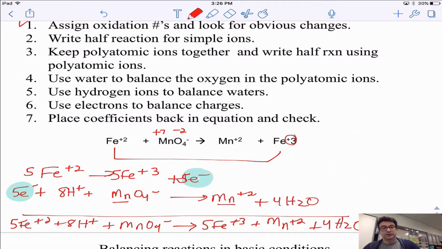So in this case, I had to go through, and this took a lot of work. And like I said, these are only on the SAT subject test, they're not on the Regents. I would say do these questions last. They take a lot of time, and you still get only the 1 point for doing them. Are they rewarding to do? Yes. But they could be frustrating, because if I made a simple mistake, maybe I didn't add the right number of oxygens or hydrogens, I could end up in a situation where I don't do these properly. Okay, let's